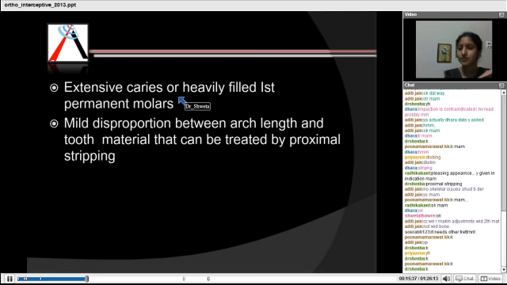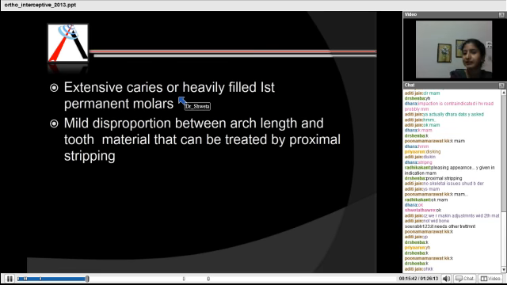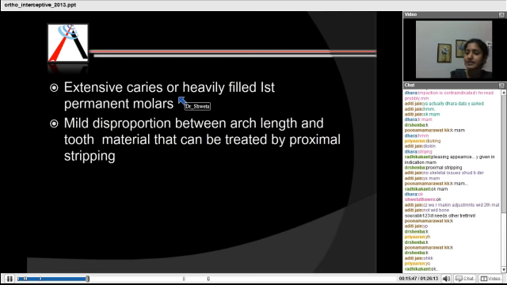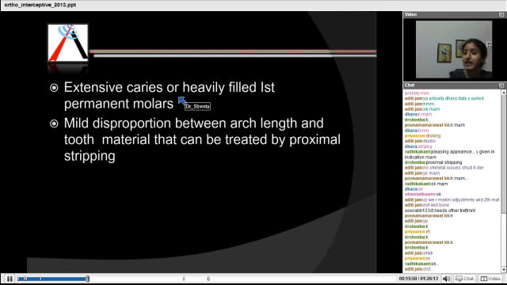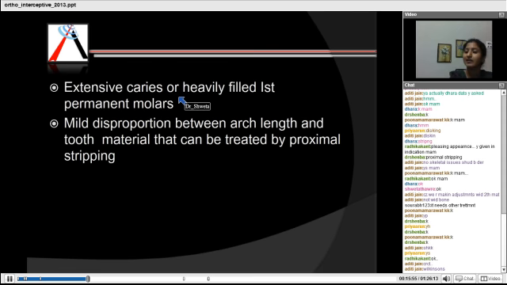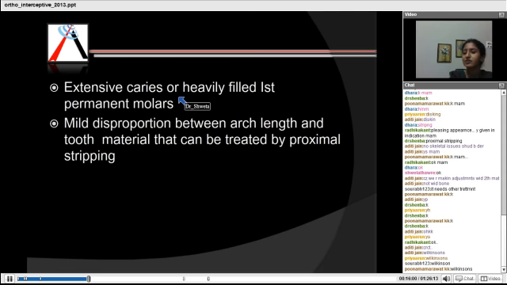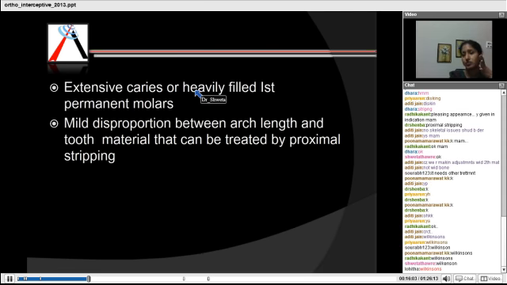In such a case, it is better to extract the first permanent molar to create space rather than removing the premolar. It is better to remove the first permanent molar and guide the second permanent molar in its place. What is that extraction known as, where all first permanent molars are extracted when they are very grossly decayed? Yes, you can do Wilkinson's extraction in this case rather than doing serial extractions. So it is very important to diagnose a patient carefully before doing serial extractions. Clear? Understood all the indications and contraindications of serial extraction?